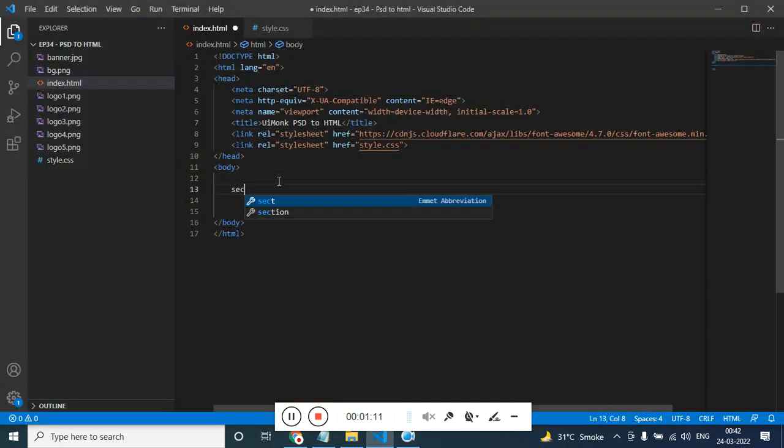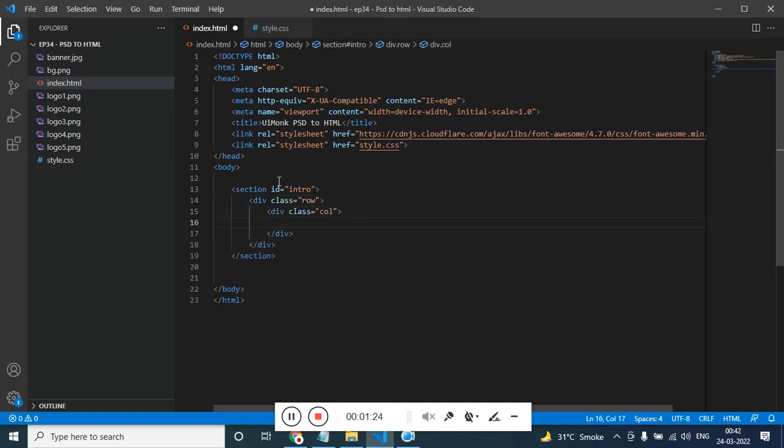We need a section. Let's call it with ID intro. Then we have a row. Then we have a column. For the column we have an h1, the text. Then we have a button, then some text. Then for the second column